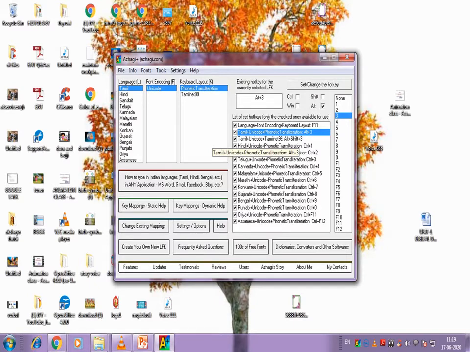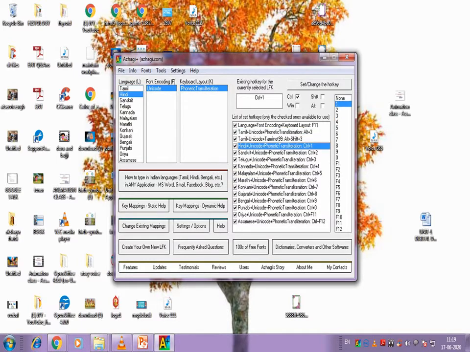If you want to type in Hindi, that is also possible. In all languages, you can type in Alagi software. Here they gave the key to switch over to the Hindi keyboard. To switch over to Hindi, you have to press Ctrl and 1. If you want to change to the Sanskrit font, you have to press Ctrl and 2.